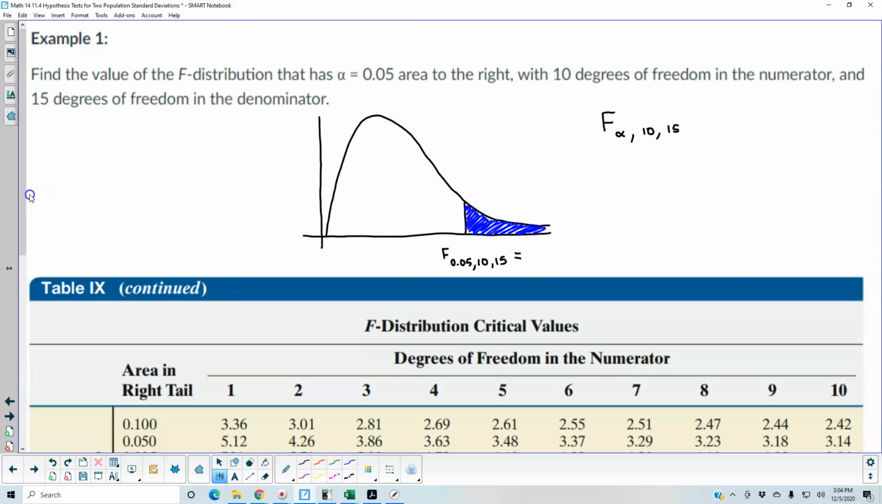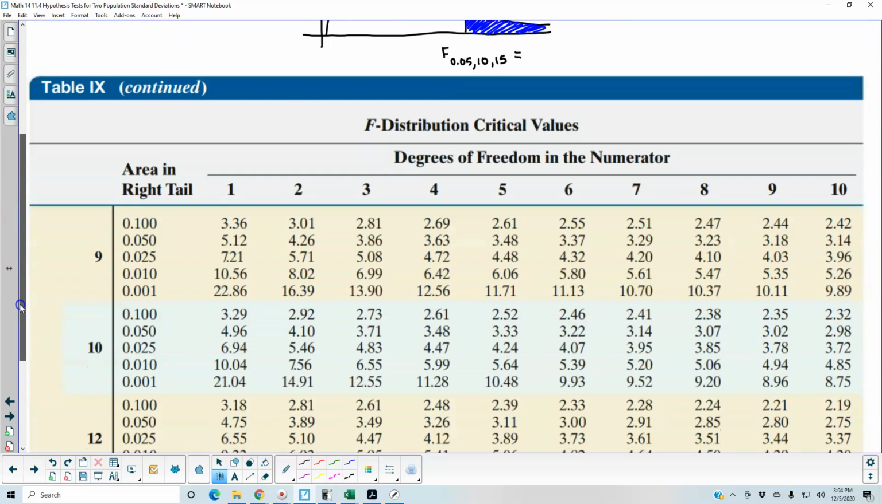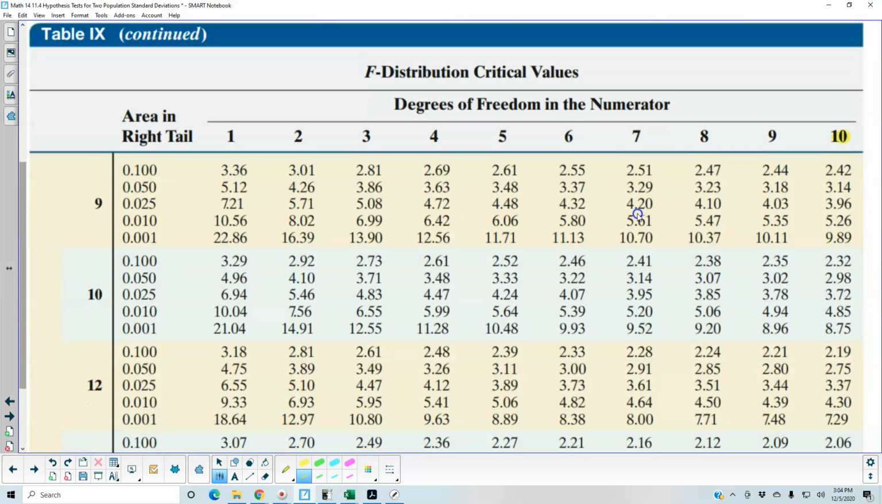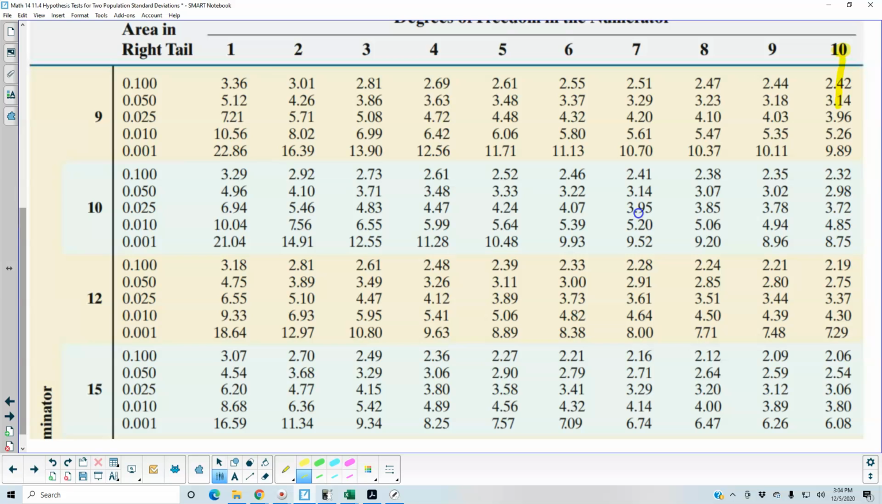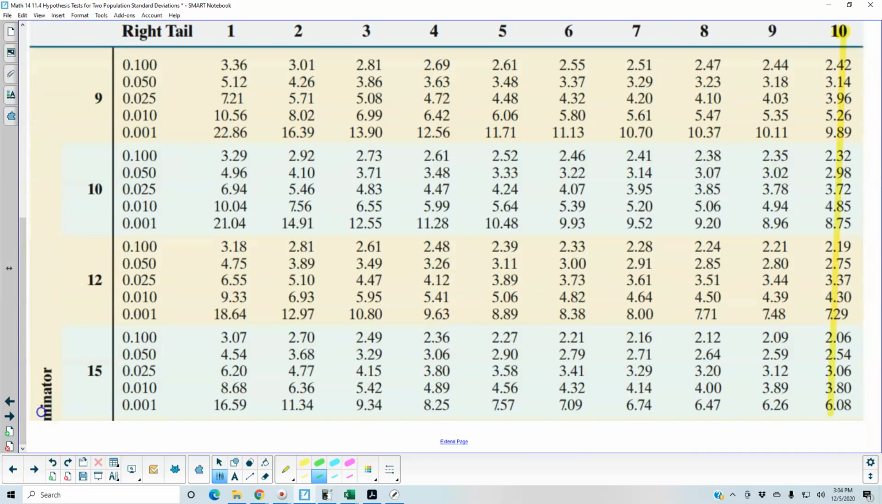Okay, so what we need to do is look at the degrees of freedom in the numerator, which is 10. So let's take a look at that. We have our degrees of freedom in our numerator, which is 10. So there's 10. And then we can just go ahead and scroll all the way down for column 10. And then we have the degrees of freedom in the denominator, which is 15, and it has an area of 0.05. So let's go to 15 and we'll look at 0.05,